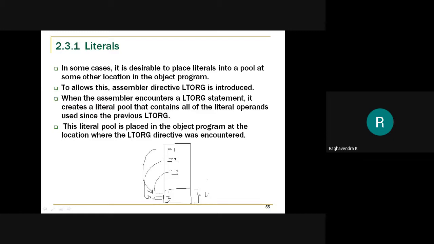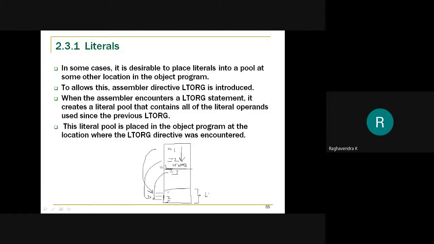Now we have an option of placing the literal value closer to the instruction, or wherever I want. For example, if I put an LTORG statement here, then up to this point, whichever literals were seen by the assembler would all be placed here itself.